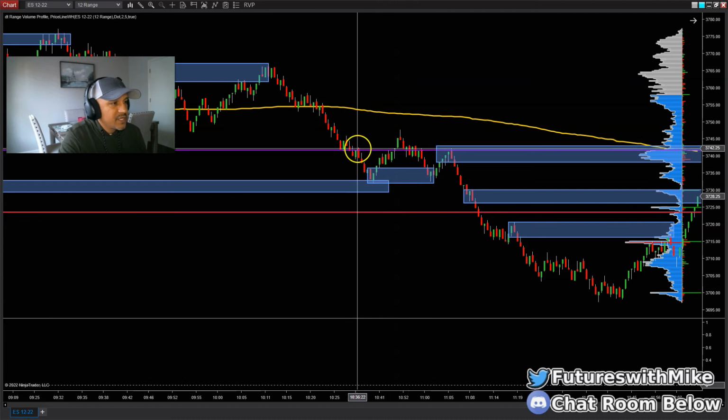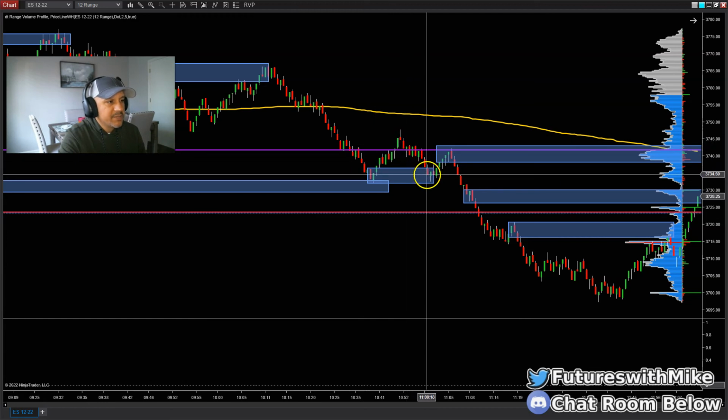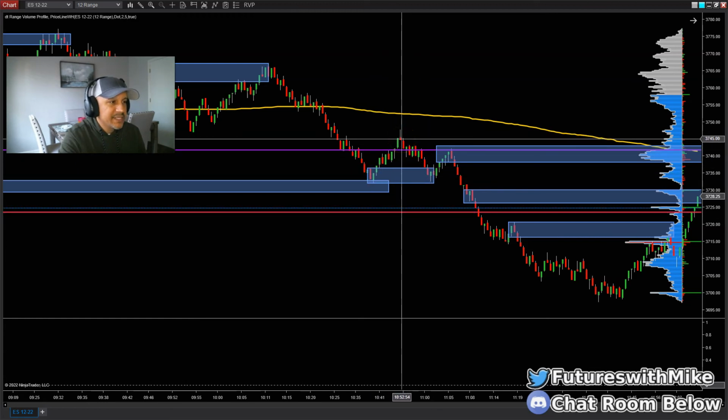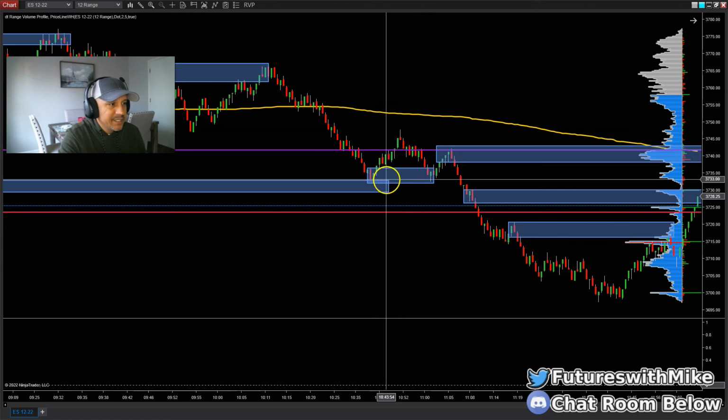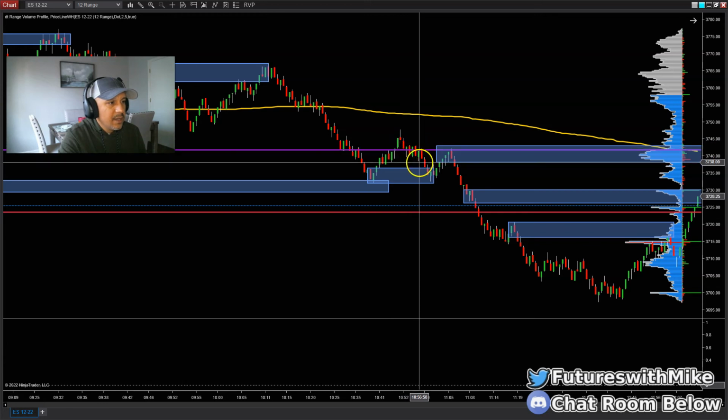Okay, so once it breaks structure, I've said this in so many videos, go ahead and mark your area of demand. Once it breaks structure to the upside, you have demand below you. You mark that area there. You wait for the return of price back to that area. And on the return, you have to follow price movement or price action down to the downside, back to this area of demand. It makes a low, it pulls back, makes a lower high, makes a lower low.